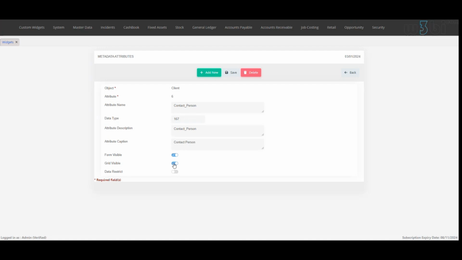Switching the grid visible switch on or off will determine if this column is displayed when the widget renders or not. Here, controlling contact person visible or not. This is a global setting, and so the column is no longer visible to the entire BI in a box user community. As this is a grid type widget, form visible or not will have no impact on the rendering